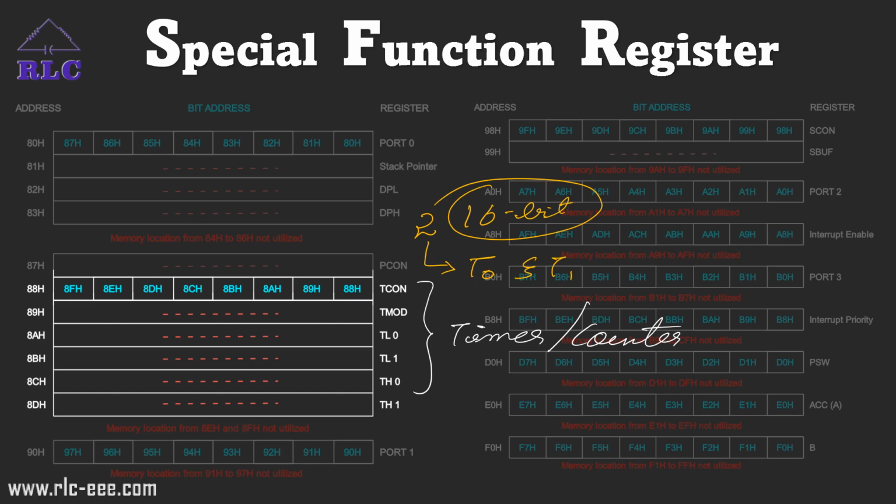So these timers T0 and T1 are 16-bit, but the 8051 microcontroller is an 8-bit microcontroller. For that reason, we have TL0 and TH0 for 16-bit timer 0, and in the same way TL1 and TH1 constitute timer 1 for 16-bit. Then to control the operation of the timer, we have the TCON register, the timer control register. There are different modes in the timer: mode 0, mode 1, mode 2, mode 3.